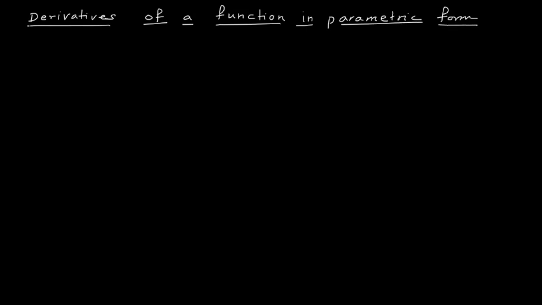Now in this lecture we are going to see the derivative of a function in parametric form. Now let us understand what we mean by derivative of a function in parametric form. So far we have seen functions which are of the form like y is equal to x square or y is equal to sin x. Now this first form is called explicit form, in which I can express y in terms of x. The second form is called implicit form, where x and y terms are together on one side.